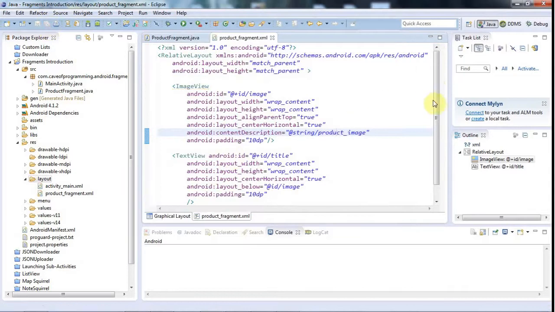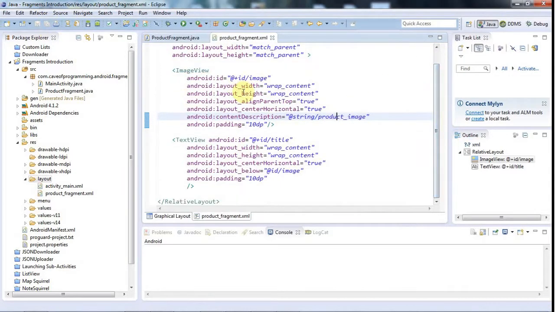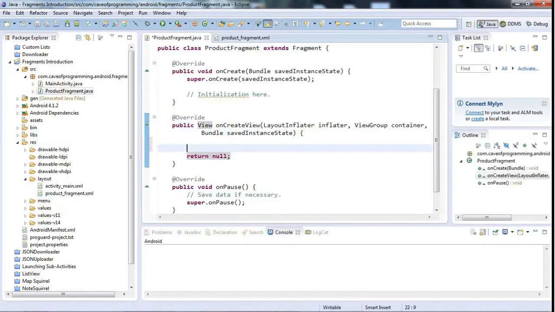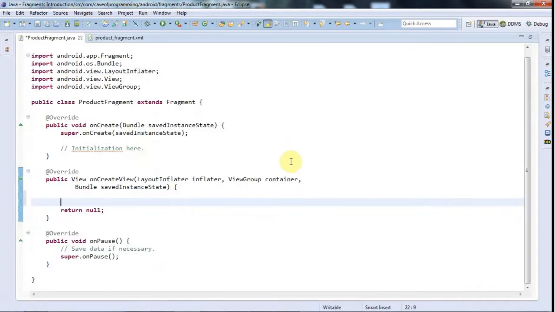Okay, and this is all just stuff that we've seen before basically, but the difference is it's going to be in a fragment. So now I'll go back to my fragment, ProductFragment.java, and in here we've got an inflater already, so I can say view equals inflater.inflate,